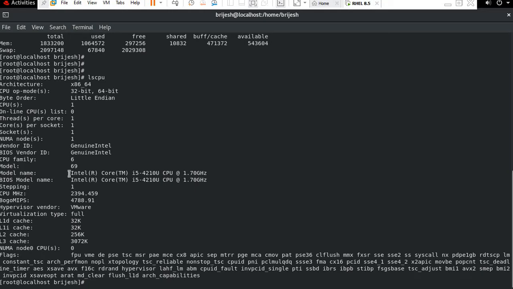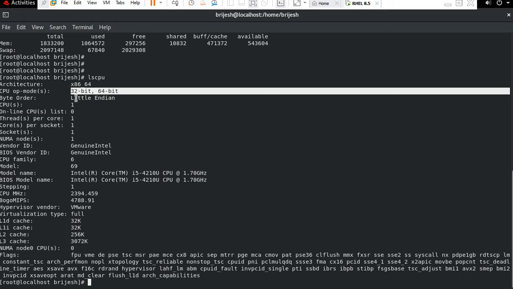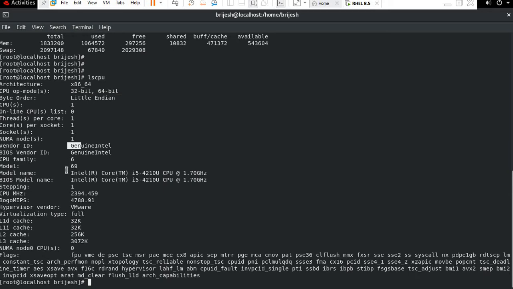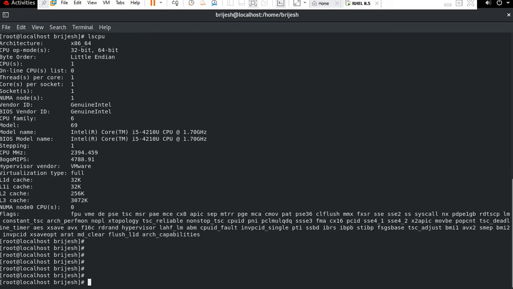You can see here Intel Core i5 fourth generation which I am using, 32-bit, 64-bit, little endian, vendor ID, BIOS vendor ID, model number, BIOS model name, CPU megahertz, hypervisor vendor VMware, virtualization type, and L1d cache. You will get all this information through this command.